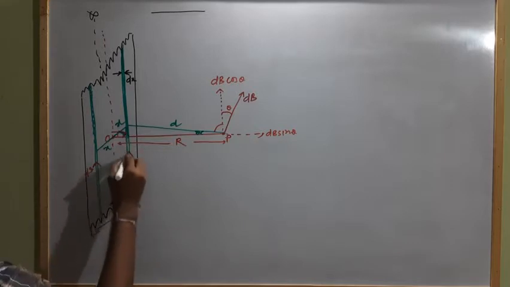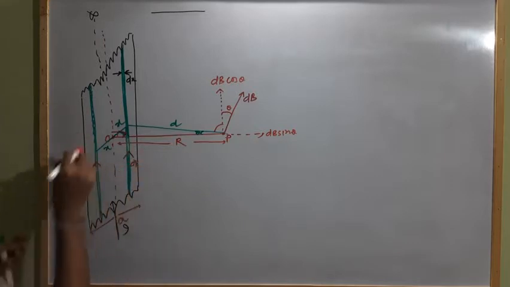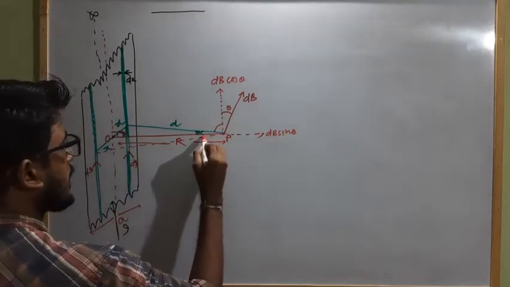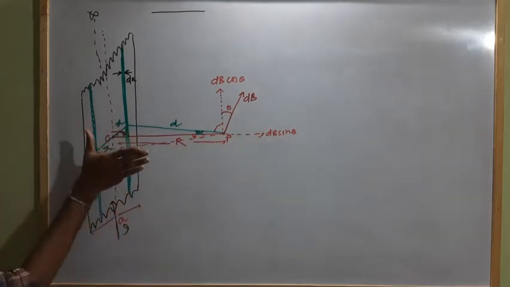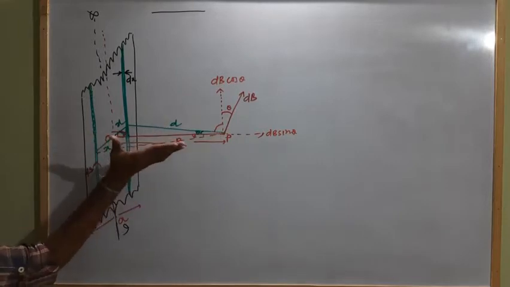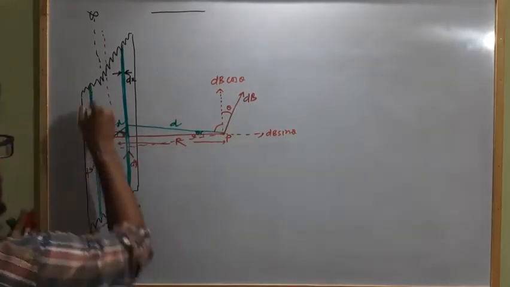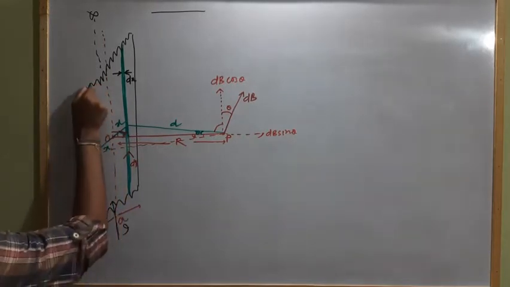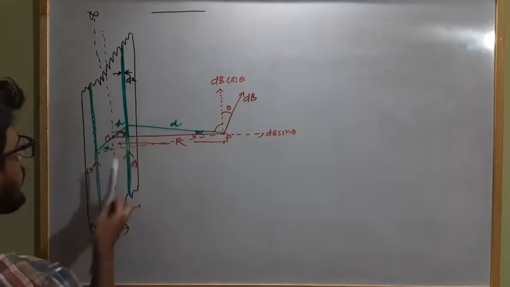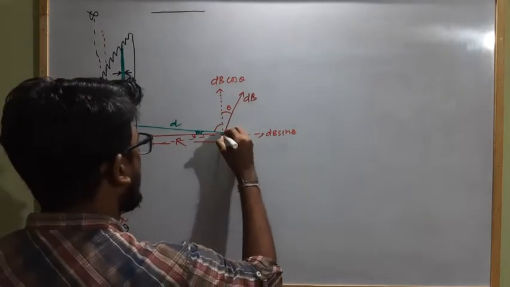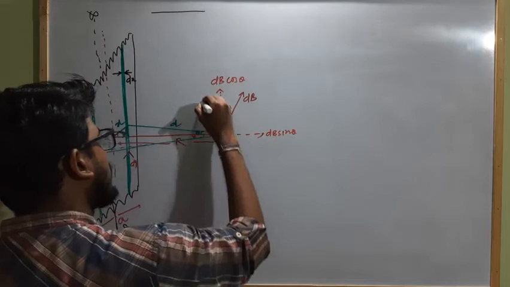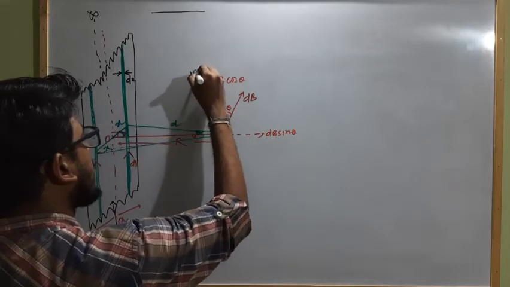Similarly for this segment, at this point the current is flowing like this, Di. Here the current is Di. So this Di current is flowing like this, and its distance from this point will be again d. This angle is also theta. So the force at this point due to this infinitesimally thin straight conductor of width dx, similar to this one, will be along this direction, perpendicular to this line, dB dash.